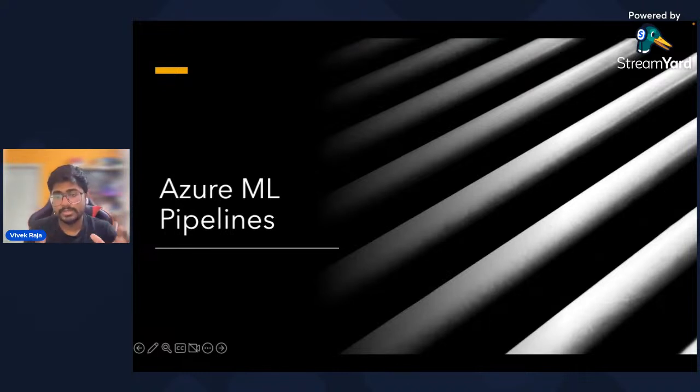The pipeline is to streamline your complete machine learning workflow. For example, let's assume you want to rerun a couple of steps multiple times. Azure Machine Learning pipelines help you do it with one single run. You can also schedule your pipelines for when they need to be executed. These are some of the advantages. I guess I briefly explained it; let me walk you through that info as well.